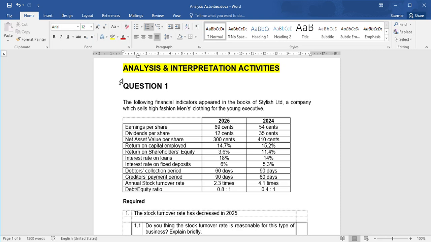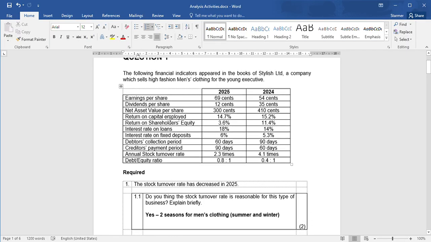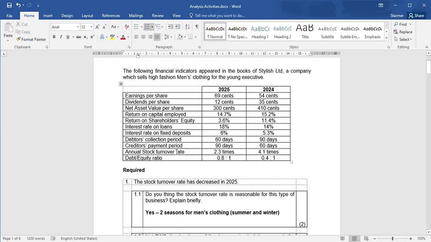Today I'm going to go through an activity on analysis and interpretation. If you have a look at the question, here you are told that the information appeared in the books of Stylish Limited, and quite important here, they tell you what the business sells, which is high fashion men's clothing for a young executive. Then they give you a whole lot of financial indicators here. When they do that, rather start straight with the questions, and then you can refer back to here as you